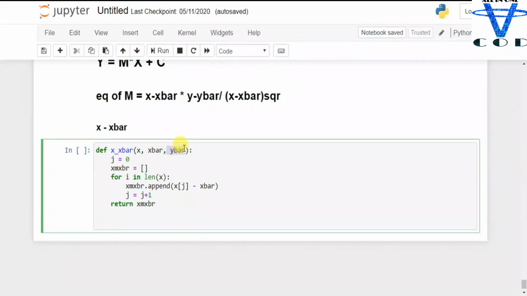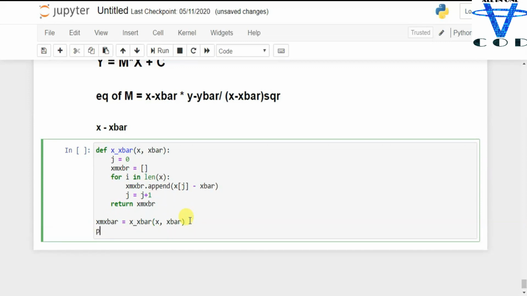Okay, so let's say x minus x bar equal to this function, and I'm going to pass the x and x bar, and then I'm going to simply print the x minus x bar.